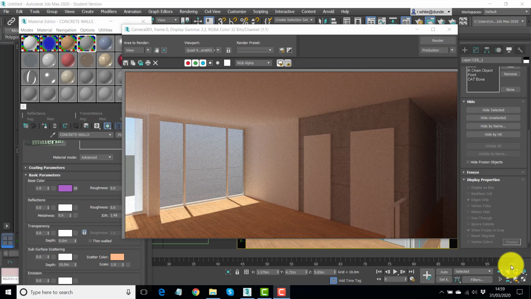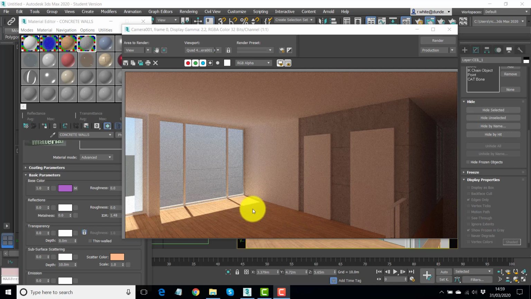Let's stay with materials again. This is the 5th part of this 3D Studio Max 2020 house visualization series, and what I want to do is add some materials for the doors here, give a bit more life to the floor. It's quite flat and dull at the moment,